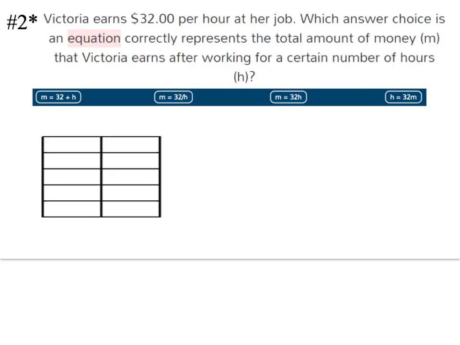For problem 2, it says Victoria earns $32 per hour at her job. Which answer choice is an equation that correctly represents the total amount of money, m, that Victoria earns after working for a certain number of hours, h? So let's go ahead and identify our independent variable and our dependent variable. Just by reading this problem, I see the total amount of money, or our m, so that has to be our dependent variable. So I'm going to put total